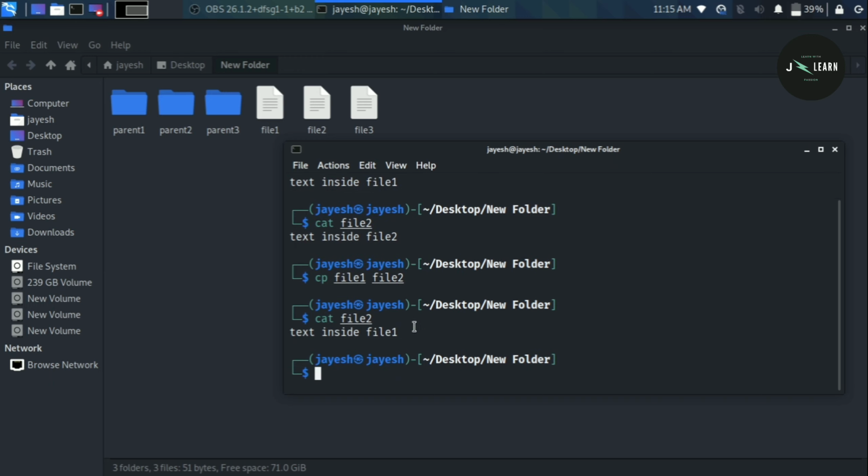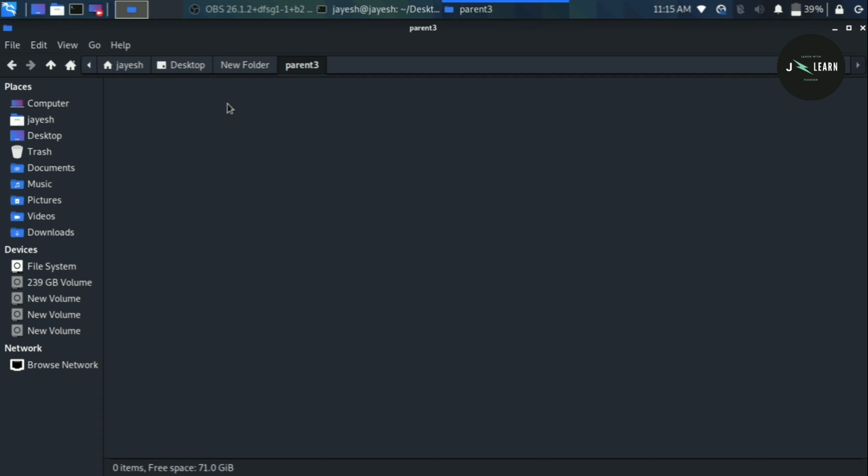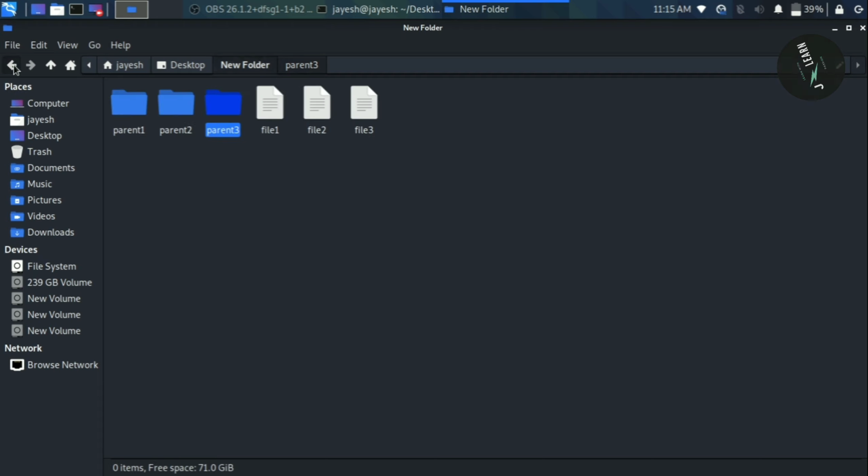We can use the cp command to copy any file or any directory to anywhere you want. Let's try it. We will copy file 1 inside the parent3 directory.